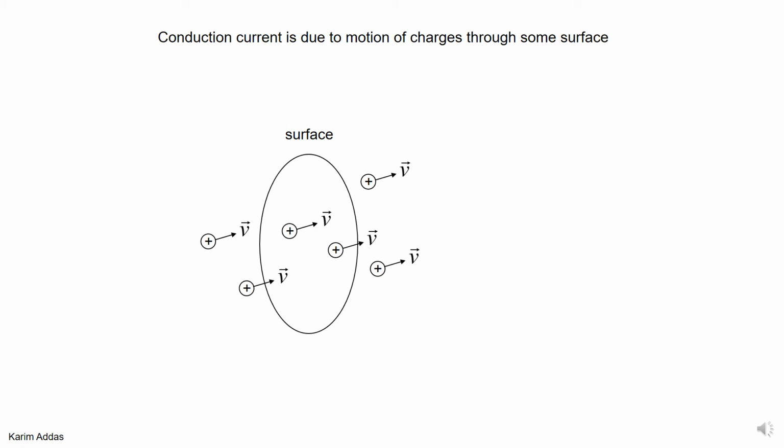So let's first discuss what conduction current is. Conduction current is what we took before. It's due to the motion of charges through some surface. And in the next slides coming up, we're going to be showing another kind of current. That's why we want to just mention what conduction current is, and then we'll discuss the other current when the